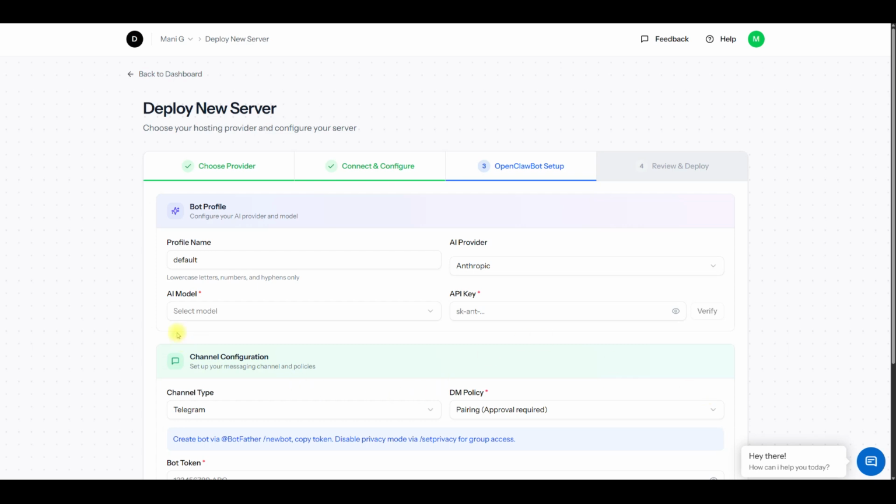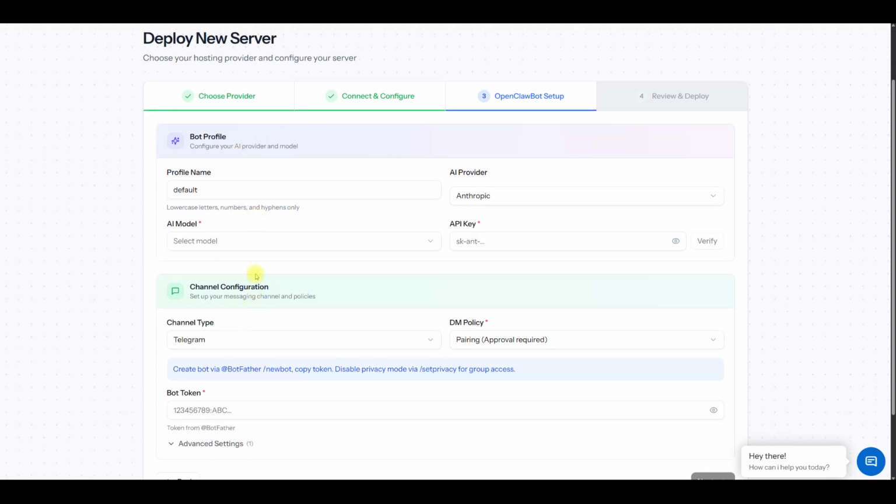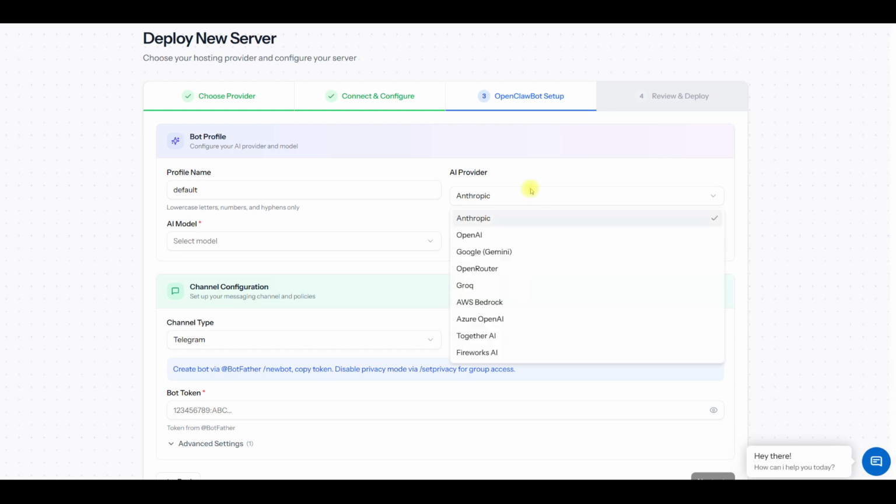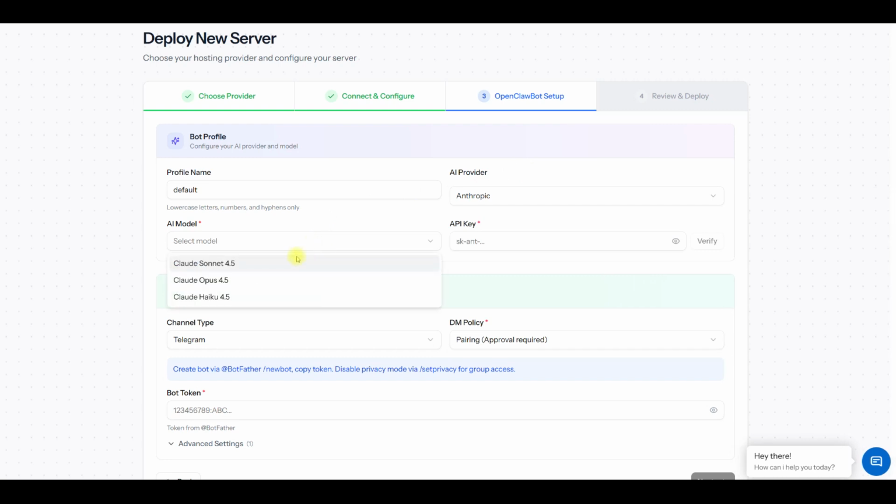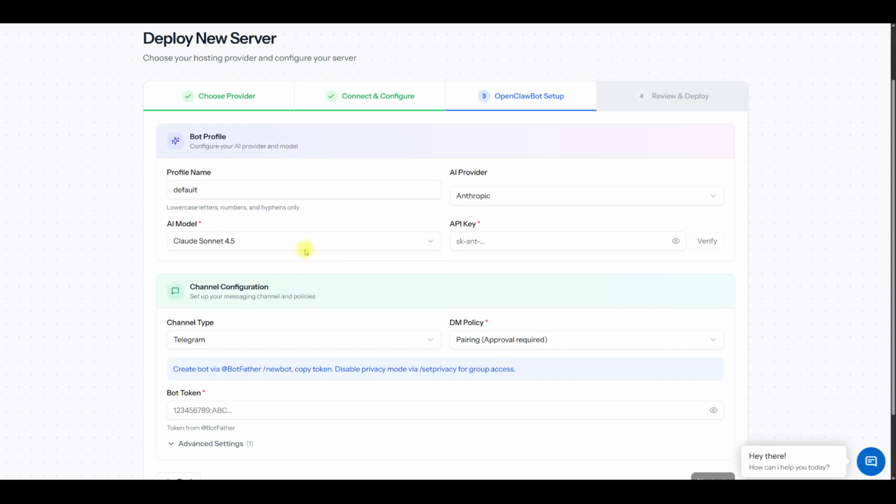For the bot profile, you can see the profile name is default, and the AI provider is Anthropic. You can change the AI provider to OpenAI or anything that you want. In the AI model also, you can select either Sonnet or Opus, and you can get the API key from